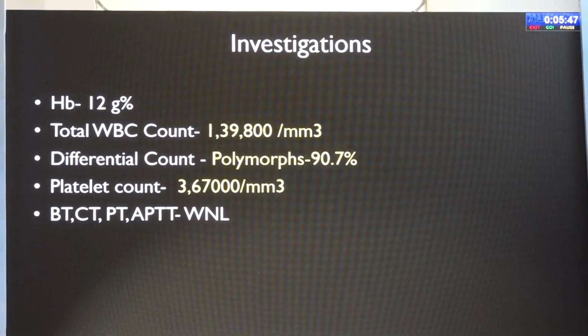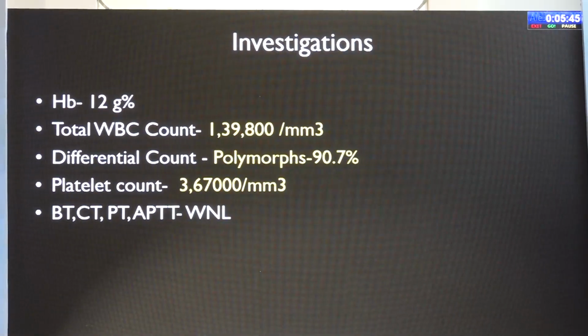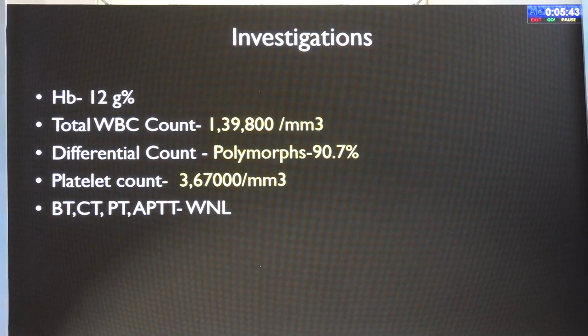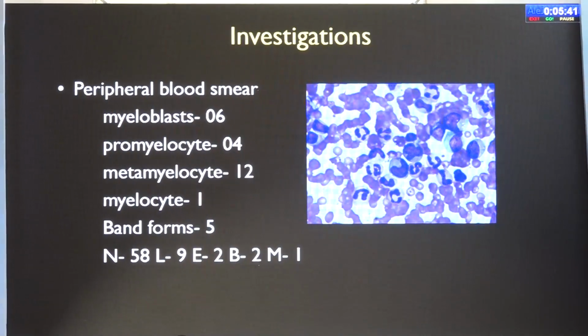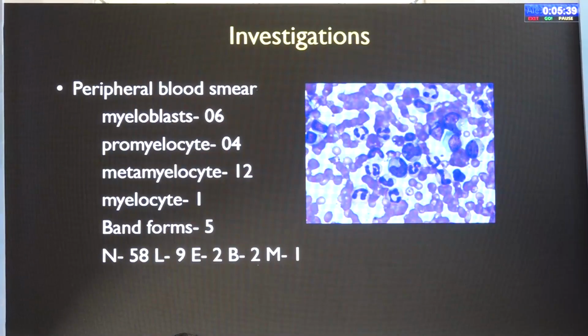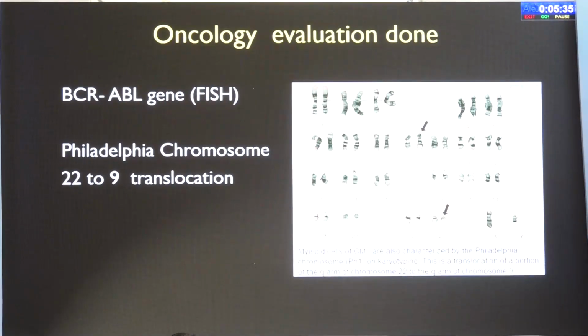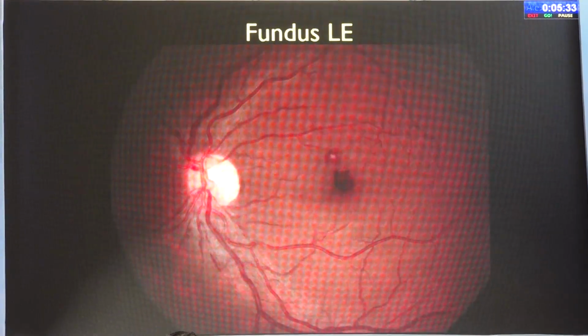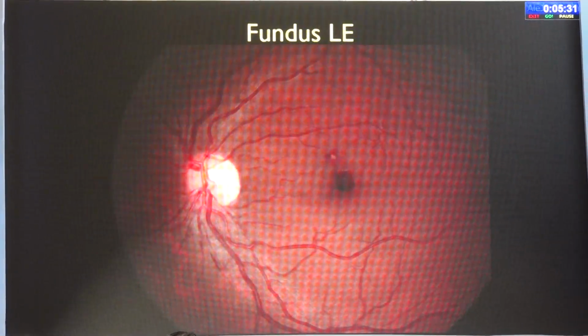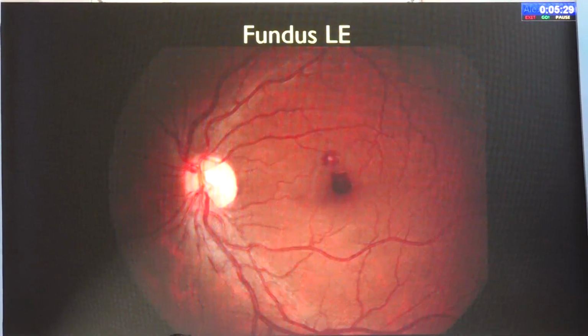But to our surprise, his WBC count was significantly elevated. It was 1,39,000. And when we did a peripheral blood smear, what we found was myeloblasts, promyelocytes, metamyelocytes. This was actually a case of Philadelphia chromosome positive CML. So a single white-centered hemorrhage, which could have been ignored, helped us in arriving at a diagnosis of this patient